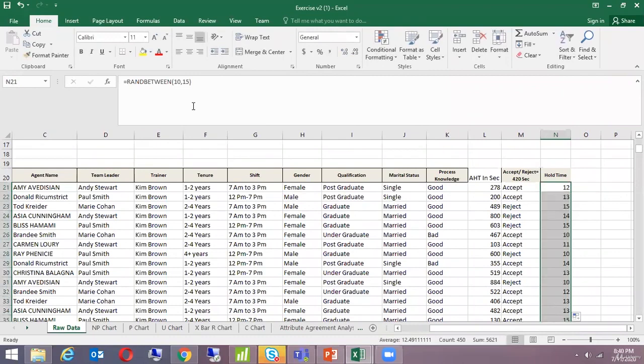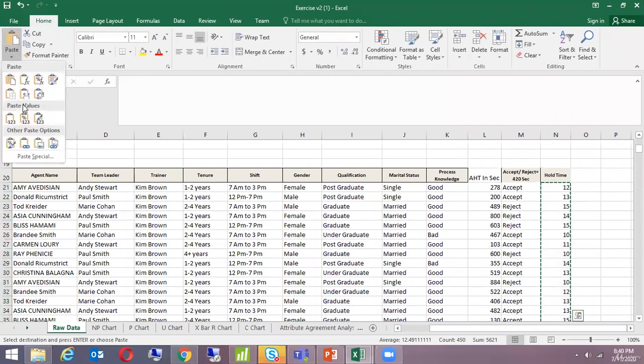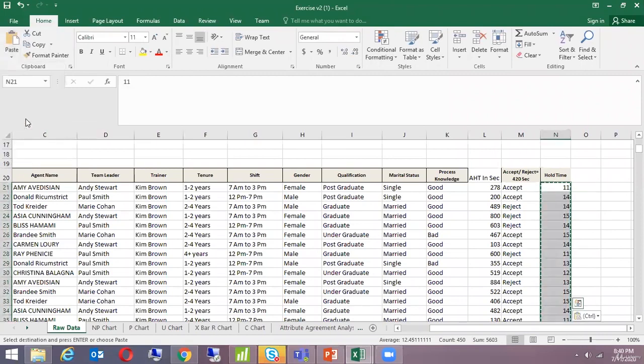When we do random between, does it follow normal or is it just distributed uniformly? I'm not too sure about it, but I think it depends upon the number of samples that we're taking. Yes, Simran, I think it doesn't follow the normal distribution. If you want normally distributed random data, then you can go to the data analysis tool, and there you get the option of random number generation, and you can generate them as per any distribution you want.